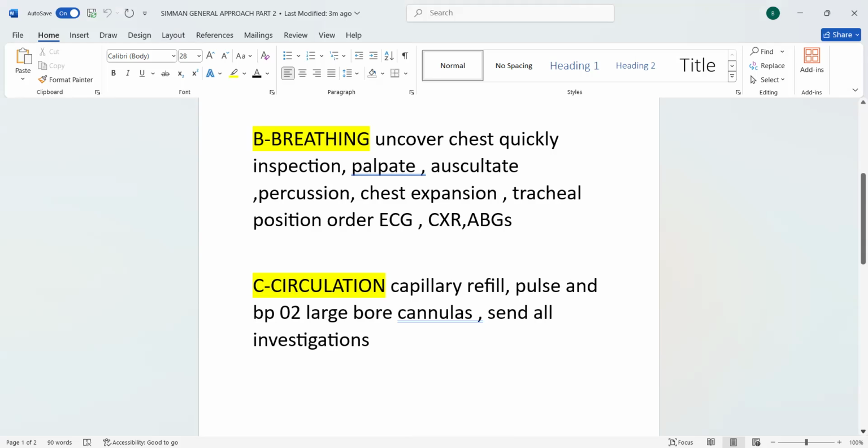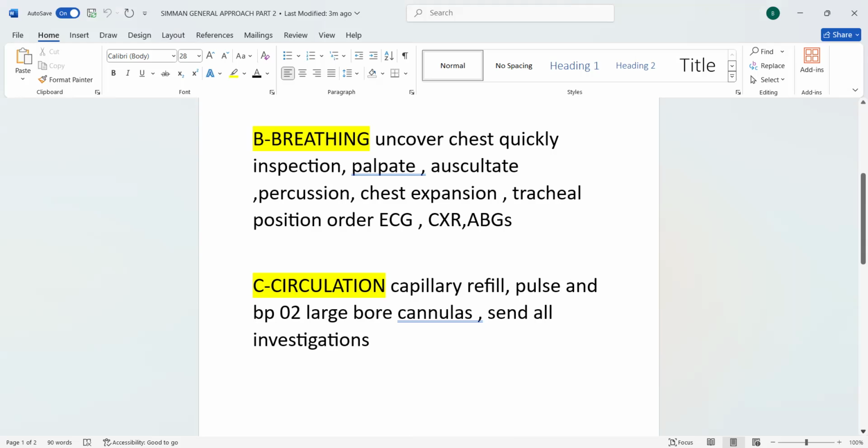Okay, after this, if his blood pressure is low, then you will have to send cross match and blood grouping. Okay, all related to blood transfusion, and you will have to make sure that you order 6 units of O negative blood